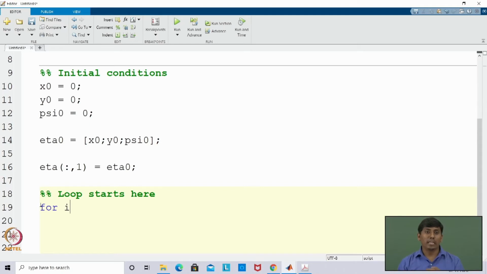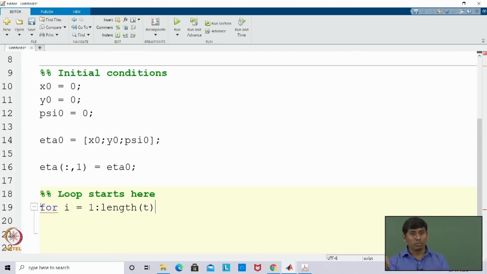For the for loop I am taking the loop variable as i, which starts with 1 and goes up to the length of t. I know t is a span that starts from 0 to ts with the interval of delta t. For example, I take 10 as the ts and the step size is 0.1. So how many? 101 is the total length.